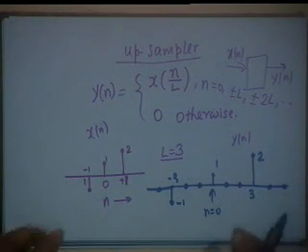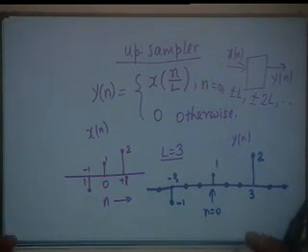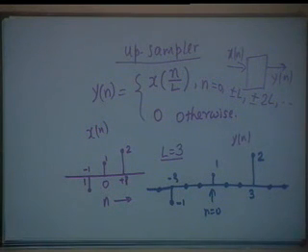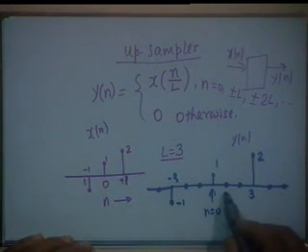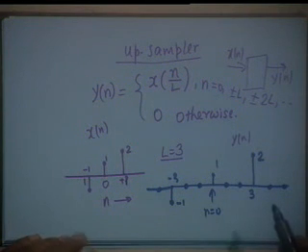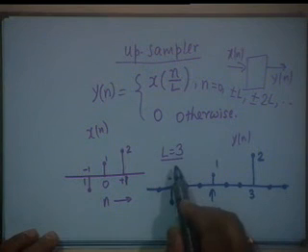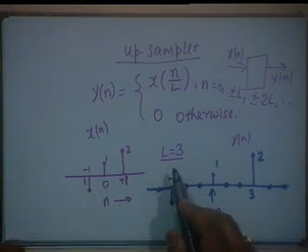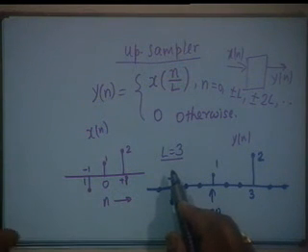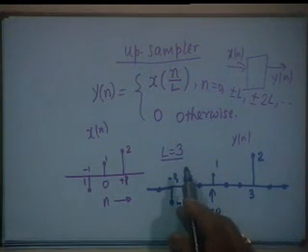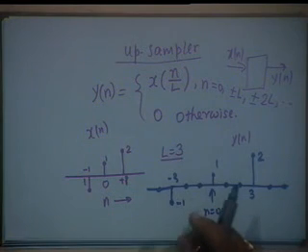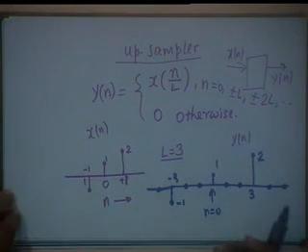So, what has it done? It has not changed the picture. The picture is the same, it has expanded. How? It has padded 2 zeros in between every 2 samples. So, upsampling by a factor of 3 means filling up 3 minus 1, 2 zeros in between consecutive samples. We shall see later that this